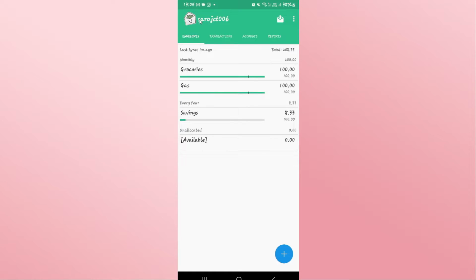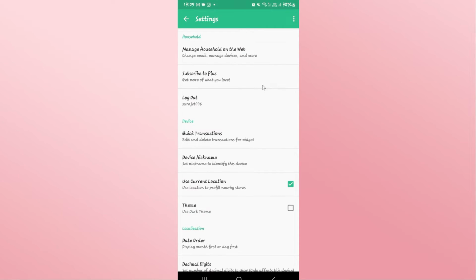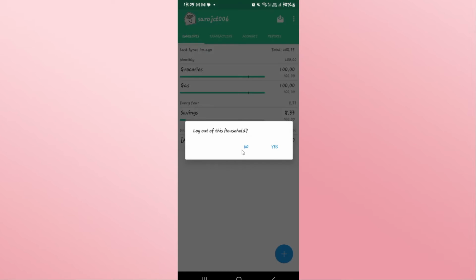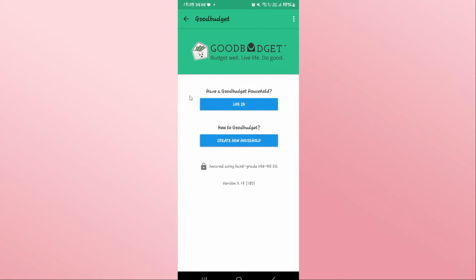Now if you wish to log out from your account, click on the three dots at the top right corner of your window and then tap on Settings. Now within the settings page, you will see the logout option. Go ahead and tap on it and you will be asked whether you are sure that you want to log out. Go ahead and tap on the yes button once again and now you will be logged out from your